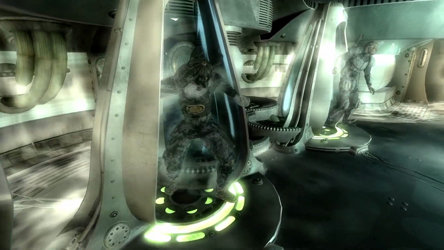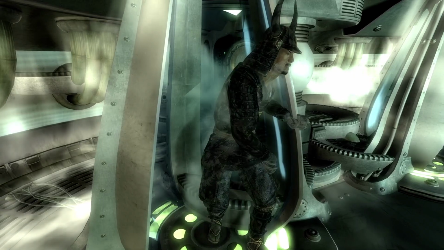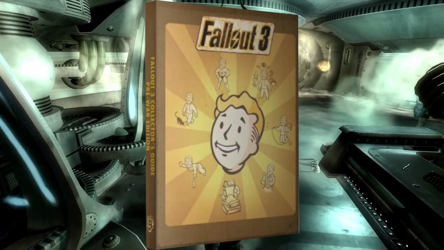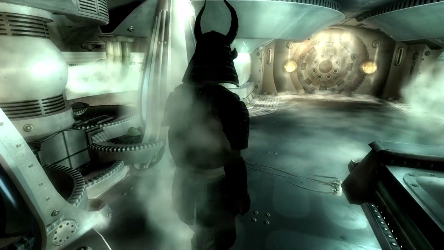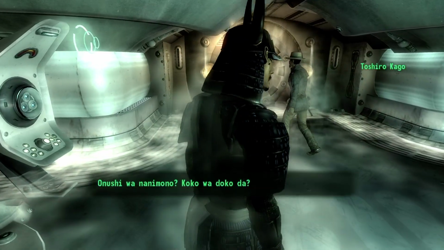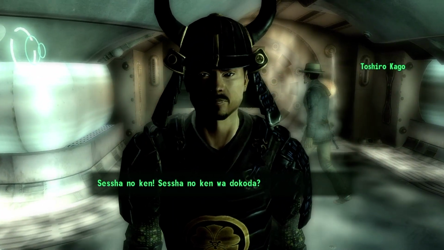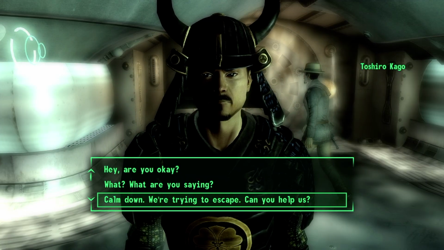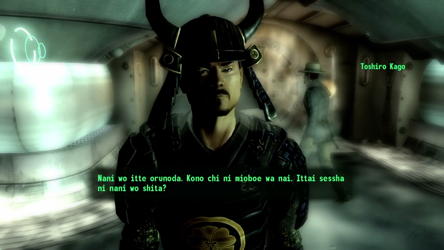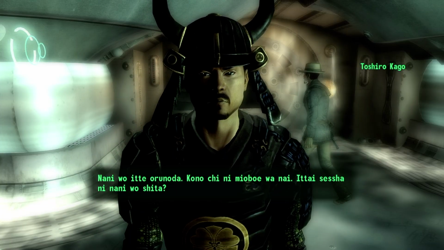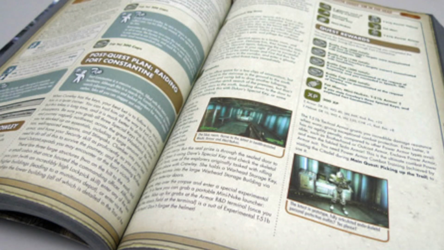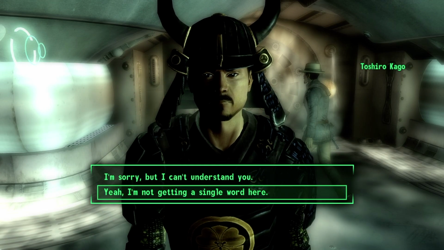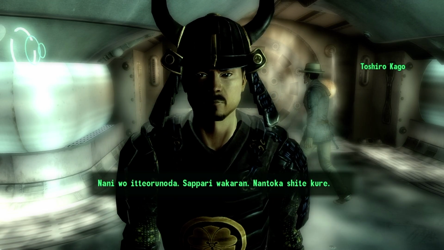But we do know that his armor is noted in the game guide, the official Fallout 3 game guide. This is where this date comes from. And it says, quote, "It appears Kago is a samurai warrior and well-skilled in sword combat. His armor appears to date from around the Azuchi-Momoyama period, 1568 to 1603." And then it goes on to say, suggesting that the aliens have visited Earth throughout history, and so on. We've gone over that. Go back and listen to the episode about the aliens. Actually, I think I've talked about this multiple times at this point.